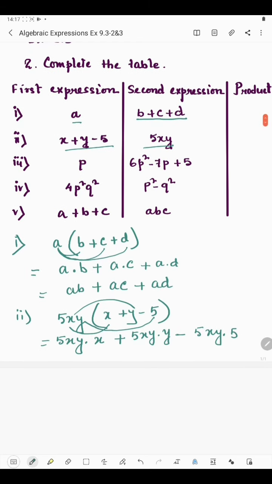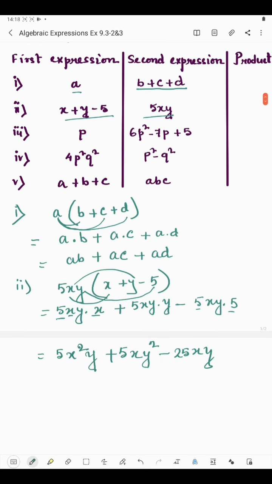Okay, now we will multiply the numbers at first. Here we have only 5, so we'll put 5, and then we have the variables x and y. So first we will check how many times x is present. Here is 1, here is 1, so it's 2, and y is present only one time, so it's y. Okay, now plus again 5, x is present only one time, so it's x, and y is present twice, so it's y squared, minus 5 into 5, 25xy. Okay, now coming to the third part.